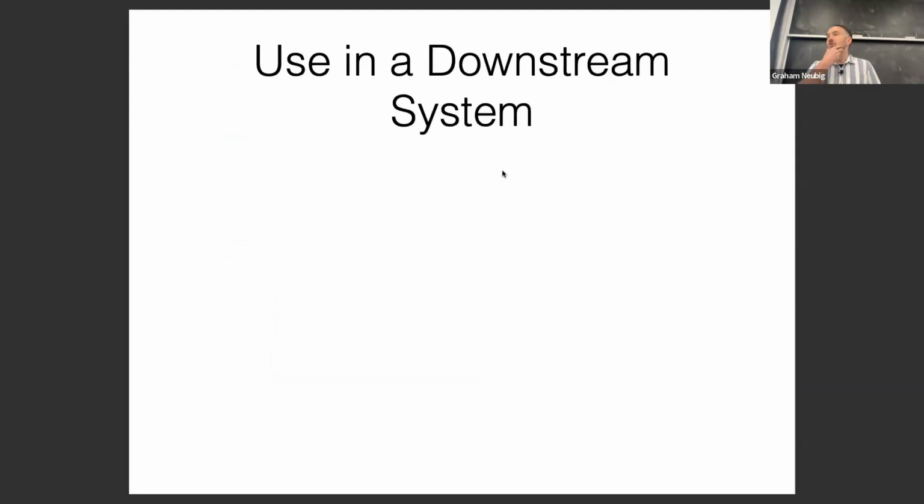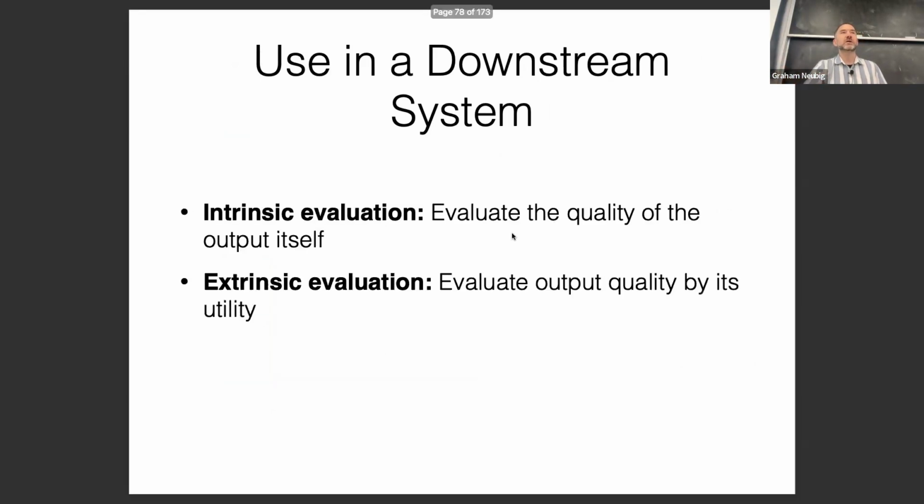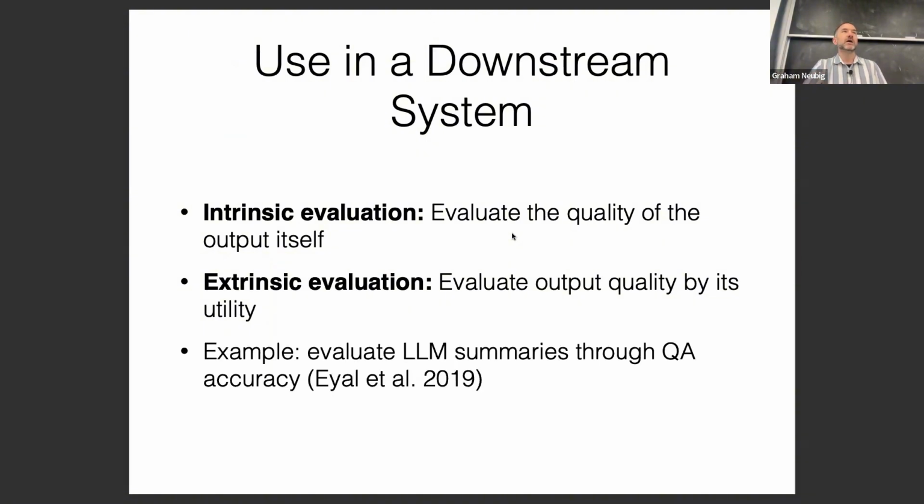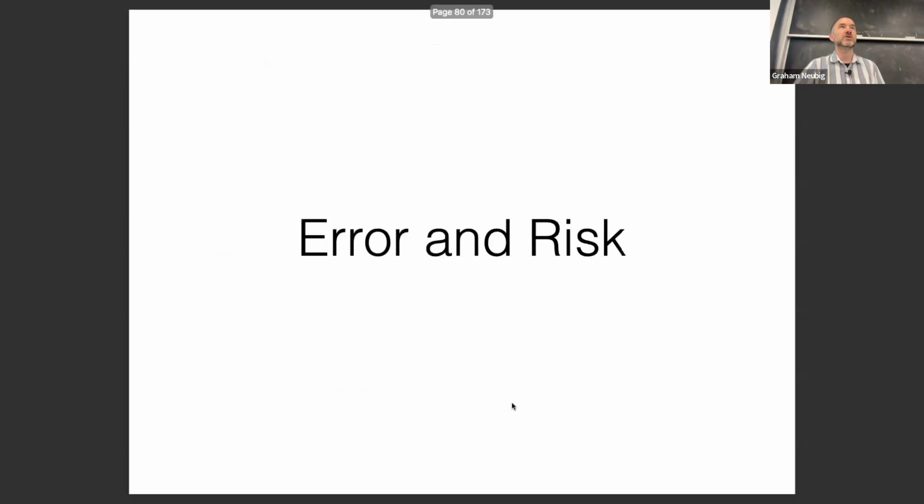Great. Okay, so the next thing I want to talk about is extrinsic evaluation. There's extrinsic evaluation and intrinsic evaluation. Extrinsic evaluation is basically evaluating the output quality by its utility downstream. Some examples are evaluating LLM summaries through QA accuracy: you have a QA system try to answer questions given a summary, and you see whether it can do a good job of that. Some other interesting ones are you translate and then see if you can answer questions based on the translated output. This can be useful if you have a good extrinsic metric that's easier to measure than the intrinsic metric that you would be measuring over the text.